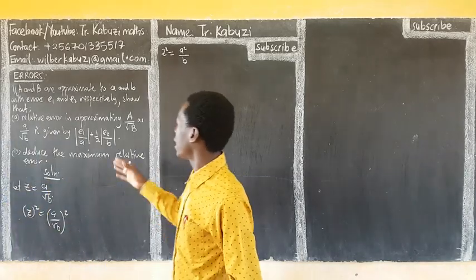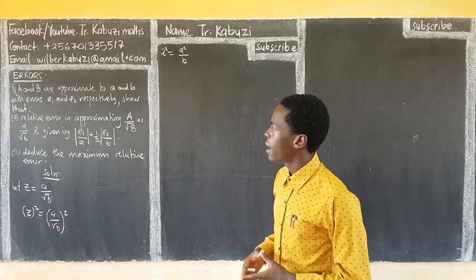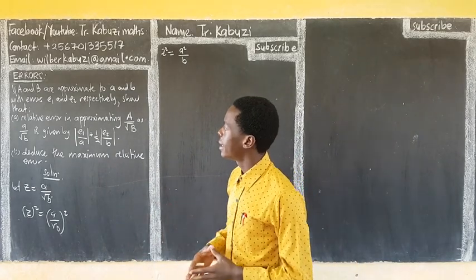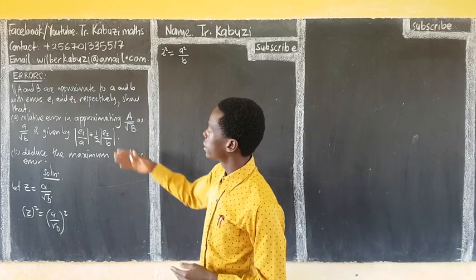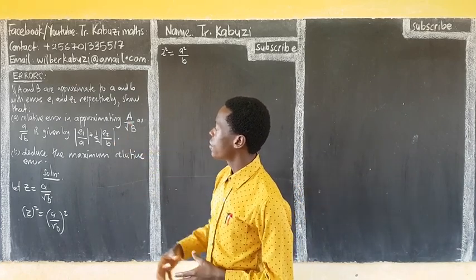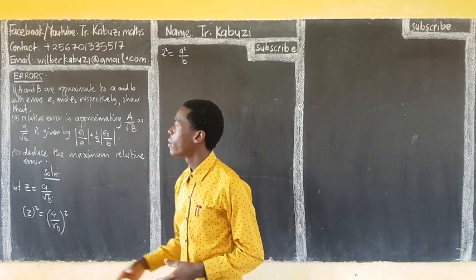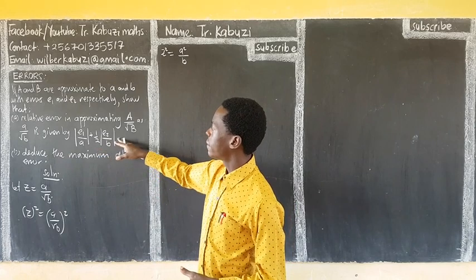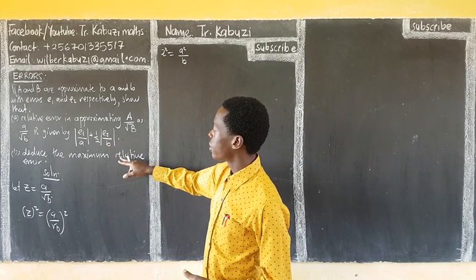Okay, let us also see this example, how you go about it. Now this one is about propagation of errors in quotients or divisions. So that's how we see it. And now these were the exact values which were approximated to a small a over root b. So we want to show that the relative error is given by this entry and reduce the